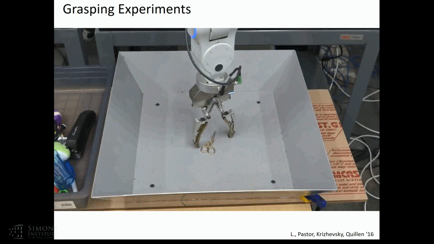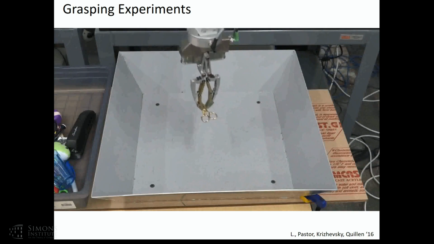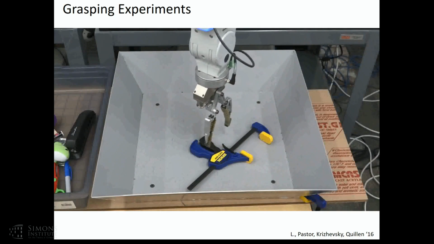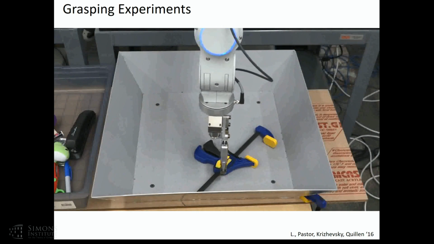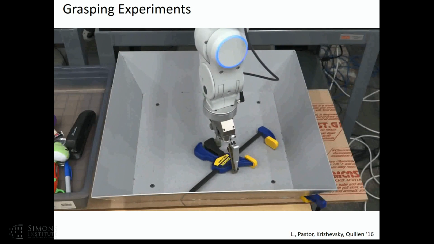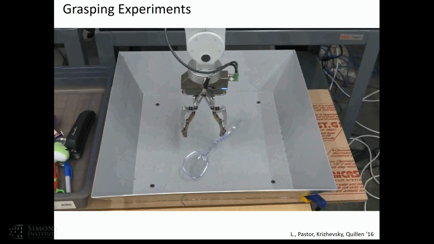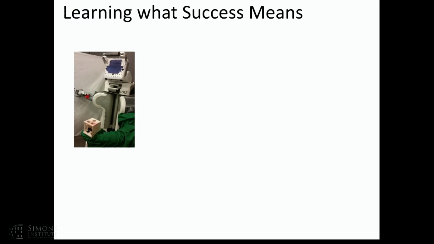What it's really doing there is the method is kind of similar to Q-learning. It's actually estimating the probability of success. So it's moving that gripper until it finds a state for which it's predicting good chances of success if it picks up the object. So this is an object for which you have to grasp it in the middle, and it's also very heavy. This one is transparent.